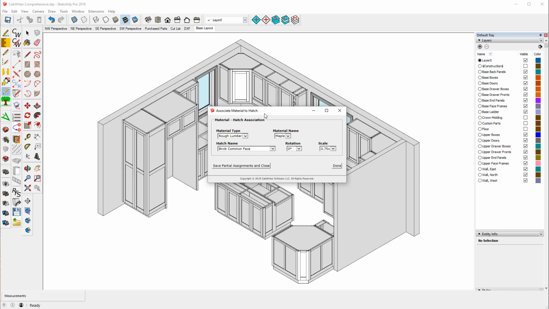Now here's something I'd like to say about associating materials to hatches. When you've done it, create one scene and thoroughly examine that scene and see if you like the hatches you assigned. You may have to go in SketchUp and scale them, or even in LayOut, you might want to look at them and ask, do you like it? Because if you create a number of scenes,